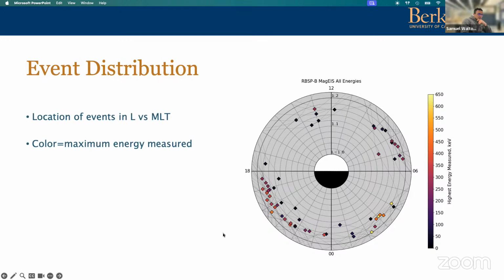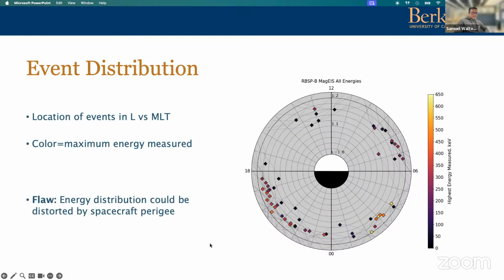Not entirely sure what that is, but we also plotted the colors that you can see here. The lighter the color, the higher the maximum energy measured by the spacecraft. However, we realized there was a flaw in this approach: if there is a relationship between energy and how close to the Earth the electrons get injected, then if the spacecraft goes too low, it won't observe that energy. So we realized there was a flaw in this kind of analysis.